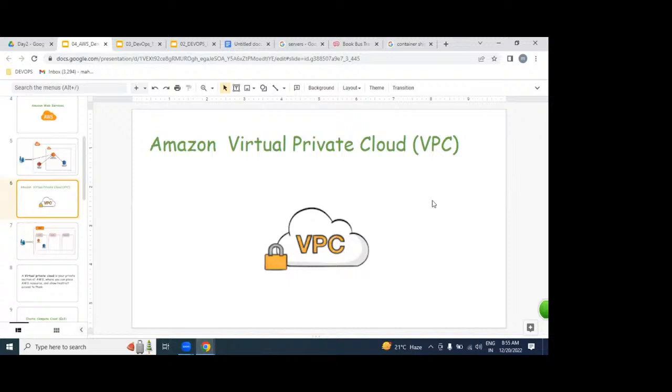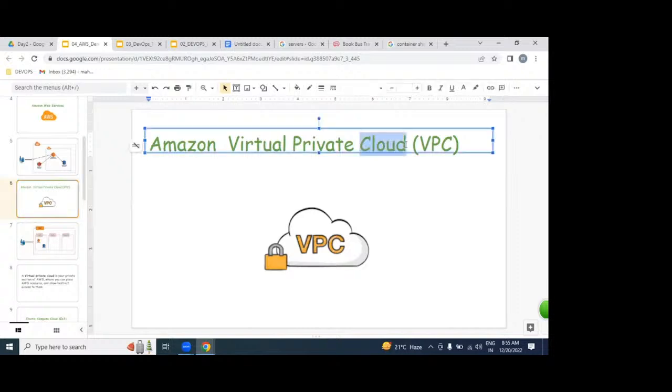The same kind of network we are going to get from the cloud. Cloud in a virtual form is nothing but a VPC. I'll repeat this: we are going to get an isolated, office-like private network from the internet. Cloud is nothing but the internet. So in a virtual form, if we can access it from a laptop, that is nothing but a VPC.